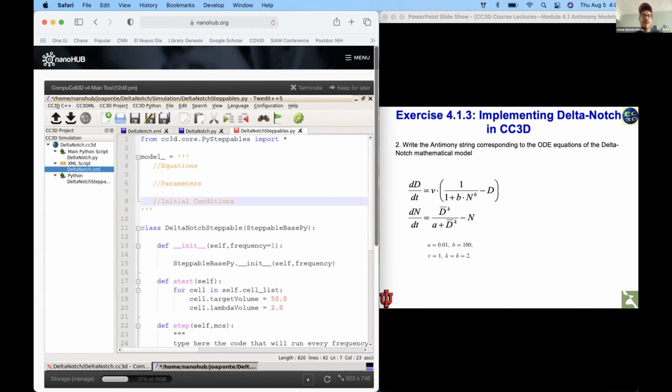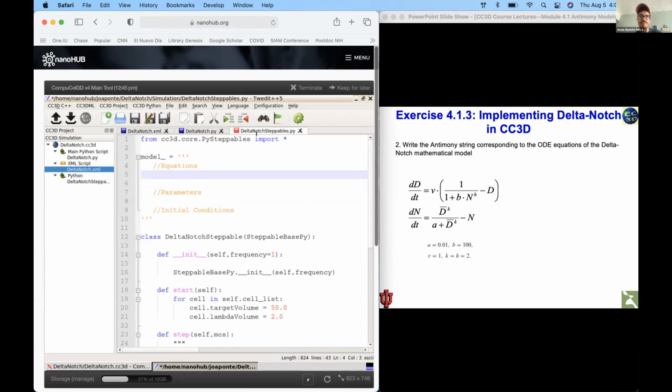Divide it into your equations, your parameters, and your initial conditions. Now, in these equations, notch is not becoming delta, notch is regulating delta. Same with D bar: it is not becoming notch, D bar is up-regulating notch. So the way we